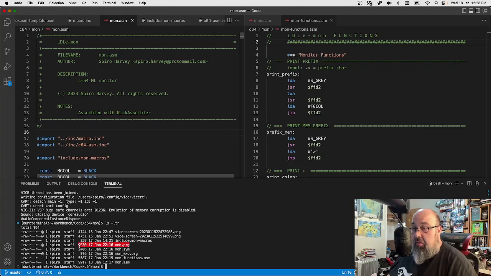So the normal assembled version is 1230 bytes. The eximized version is 976 bytes at the moment. Now the reason I did that was because